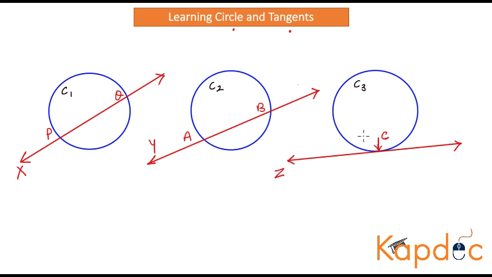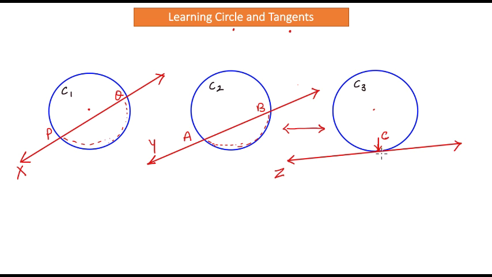So given these three lines, what difference do you notice between them? The difference I notice is that, let's say if this is my center of a circle C1, this line is closer to the center, so it gives you an arc which is quite large compared to the arc at the circle 2, which is something like this, right? So the arc AB is much smaller in length compared to the arc PQ. But in the case of the third circle, this line Z is touching at only one point, which is point C. Meaning, comparing these two circles, the distance between the arc, which is AB in the case of C2, is 0 in the case of circle 3.